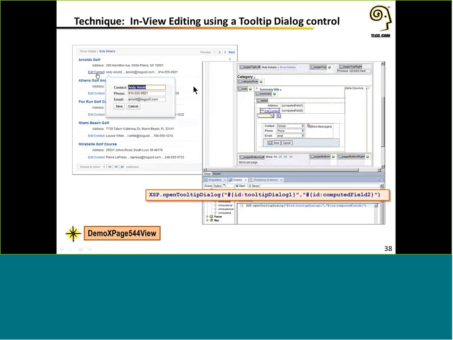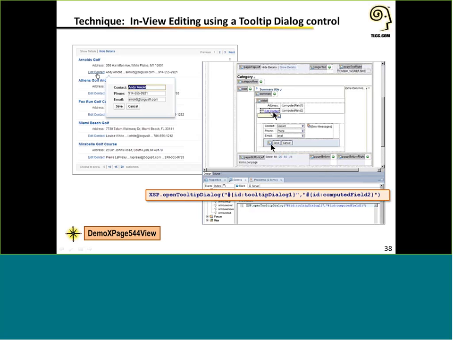Now, just to give you a few more options here, if there's another variation on the screen, we can do the same thing with a tooltip dialog control. So instead of a standard dialog box, another option is a tooltip dialog. The difference with this is that, as you can see here, it doesn't darken the rest of the screen. The tooltip is not modal, so it doesn't require that you respond to it. You can just click anywhere off of it and it'll go away. So if you don't want users to be forced to address the dialog box, then maybe the tooltip dialog is a good option.